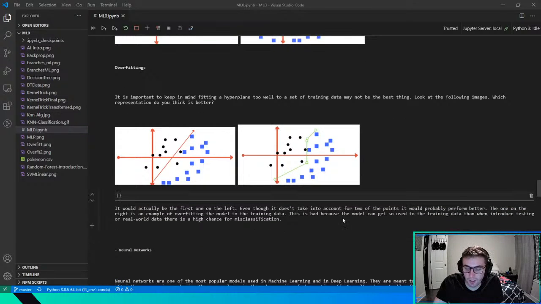So that's why most of the time in machine learning we have the idea of a testing set and a training set, where the training set is where we teach the model what is going on with our data. So it's basically learning, and then we get accuracy, and then we do a testing set to validate and make sure that we're not overfitting, that it didn't just learn the training set, it learned the underlying relationships, and it can now understand all types of data. This is very important.